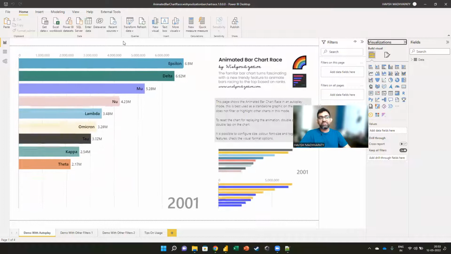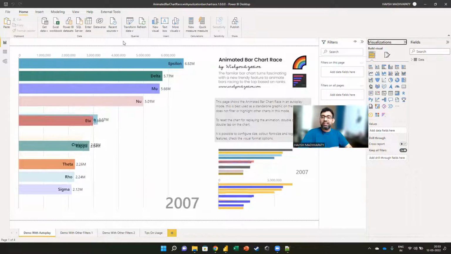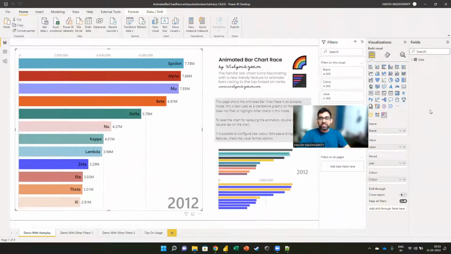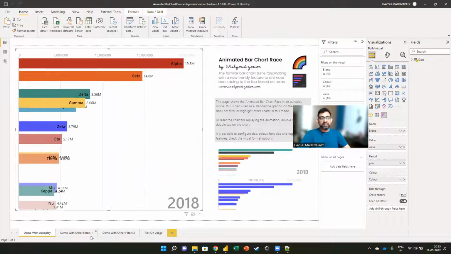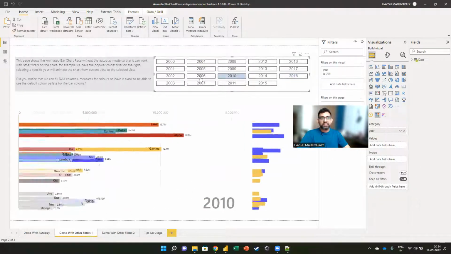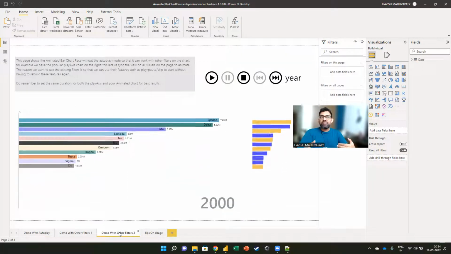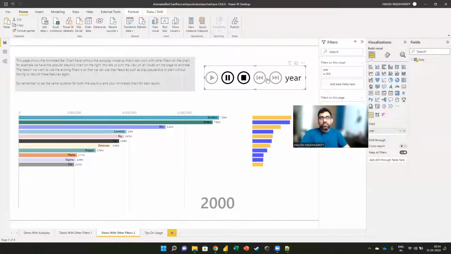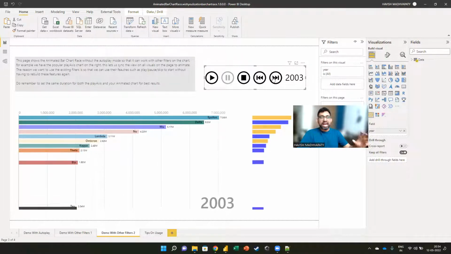How awesome is that? Zero coding. The same thing if I wanted to do on Python, I was required to do like 20 lines of code. It's not simple. Doing this on Power BI is literally, watch this. Brand, value, year, color. Just that's it. 4 drag and drop, and you're able to create something like this. See this. And it's just one of those things. It's a bar chart. It's not that we have never worked with a bar chart before, but this just makes it so much better, right? Look at this. Do you see this, everyone? I can actually go year by year to see the change happening. And it's so visual.